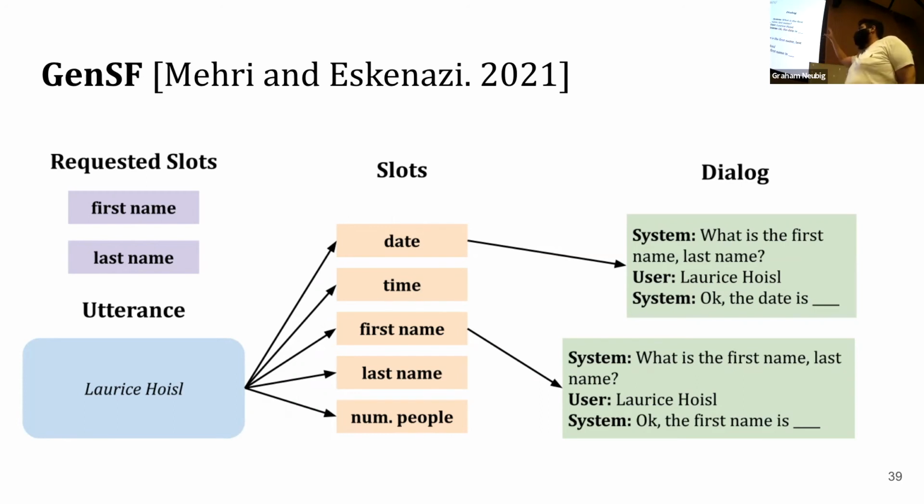Then essentially in this GenSF paper, we reformulate the question of whether first name exists in here as: what is the first name, last name, Loris Heusel, okay, the first name is, and then pass that as input to the model. And the objective of the DialoGPT model is to attend to the input and complete this